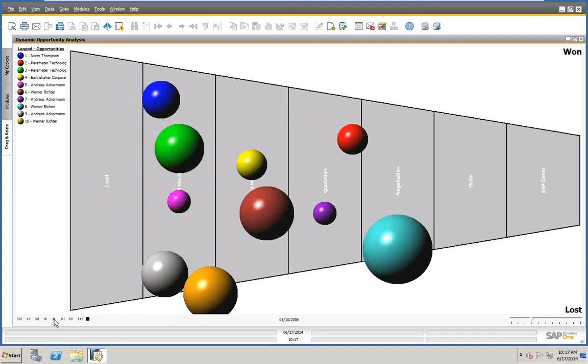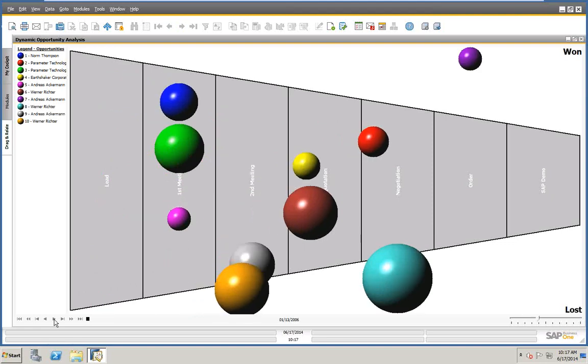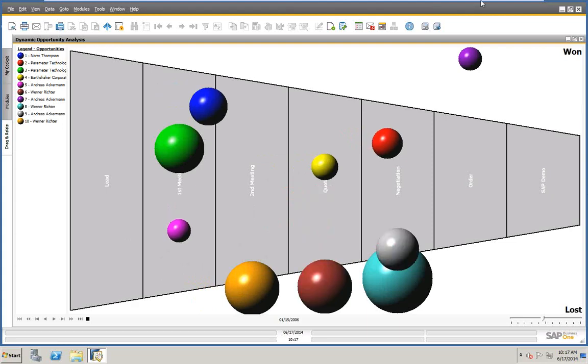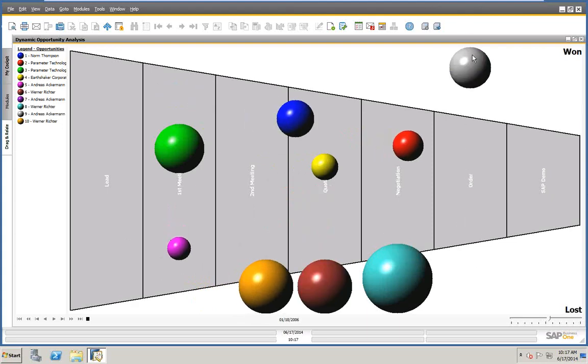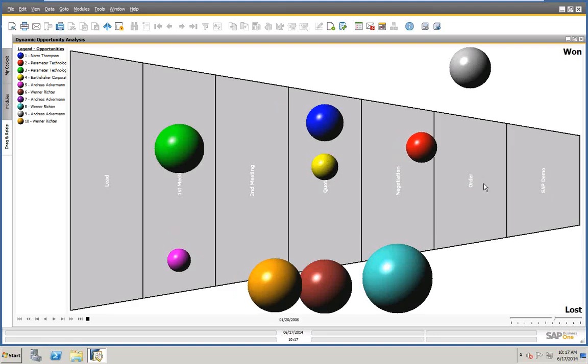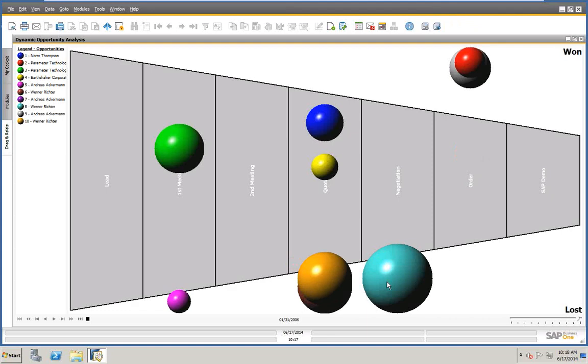So we can see, obviously, our different opportunities, our different weights based on the size. You can see we have a win, and we won it in the order stage. We won that one in the order stage. We lost this in the negotiation stage. We lost this one in the quote, and so on. So again, we're just tracking over time to see where we are at this moment. You can see these two were won. This one was lost